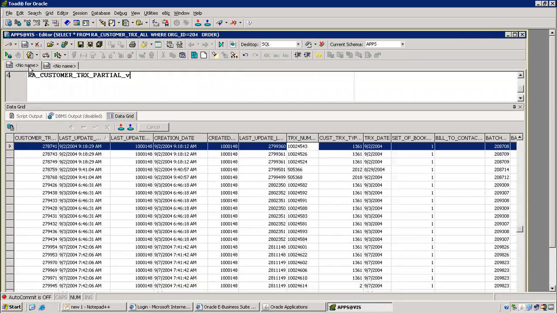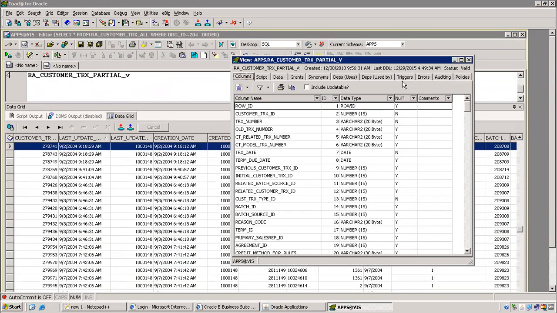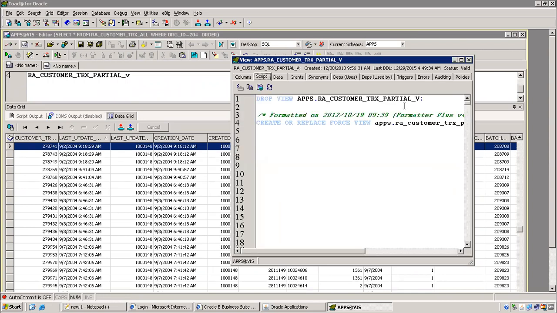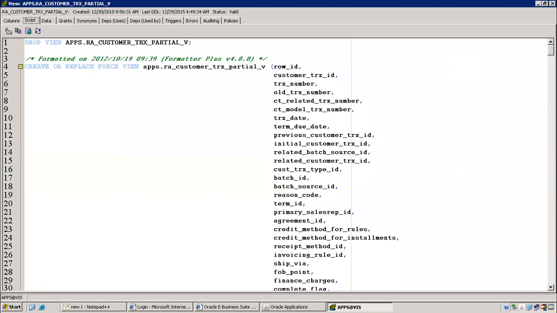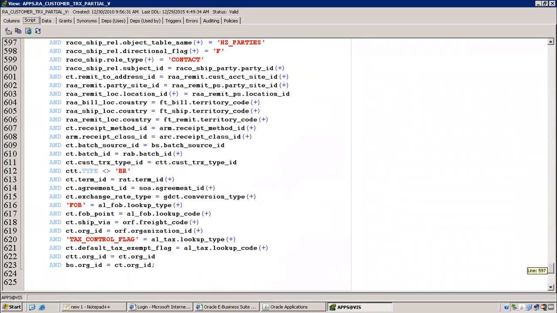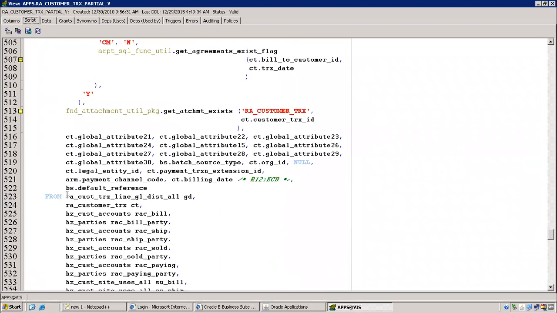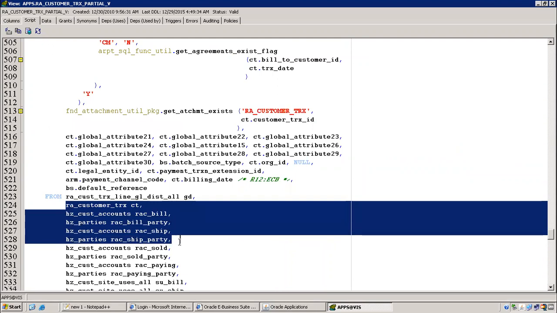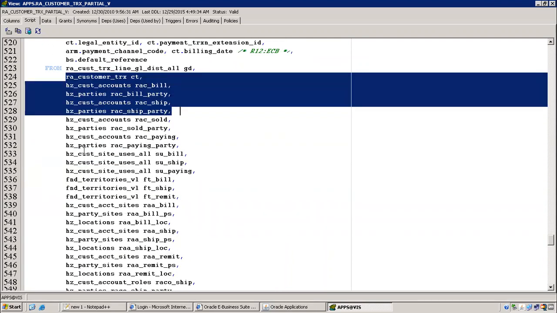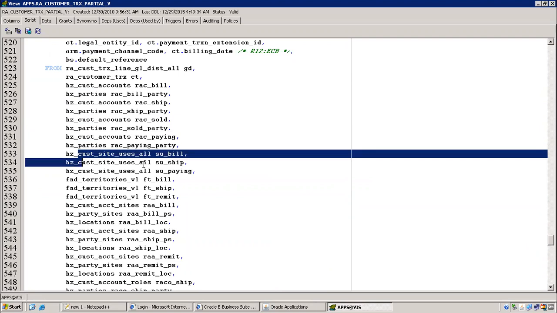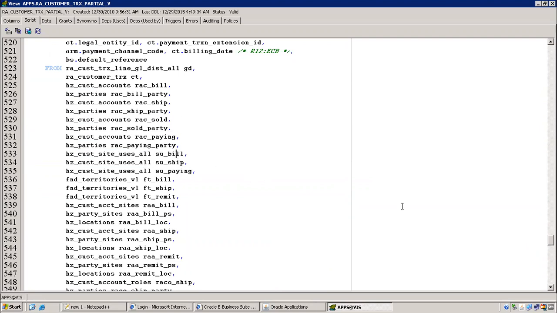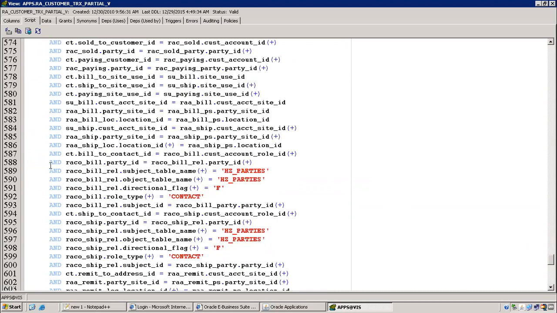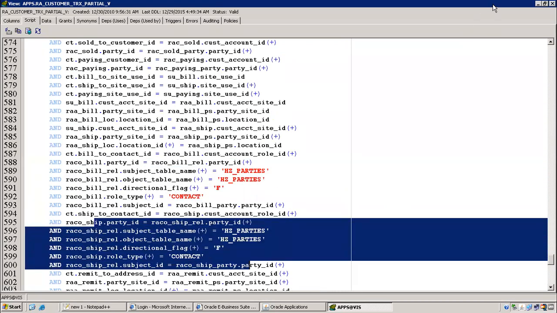You can directly copy from this particular view also. If you are okay to copy from here also, you can copy. See, all the tables are here only. These are all parties, cust account sites, and then sites all. Okay, one is bill to related, other one is ship to related. So from here only, same copied everything. Okay, anyway,